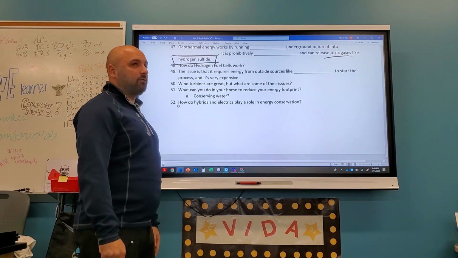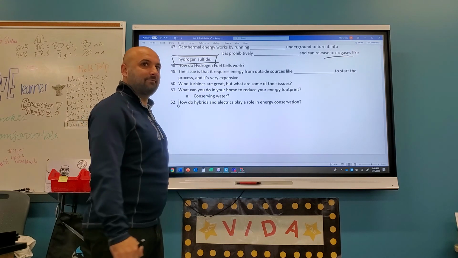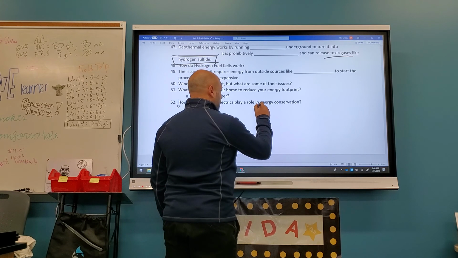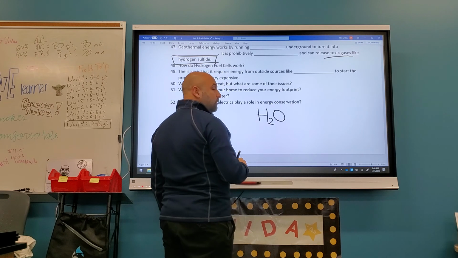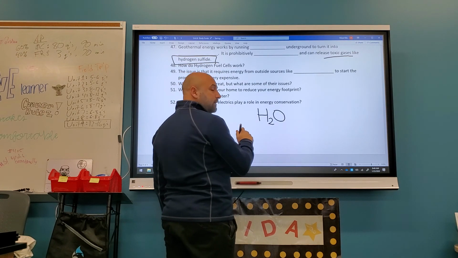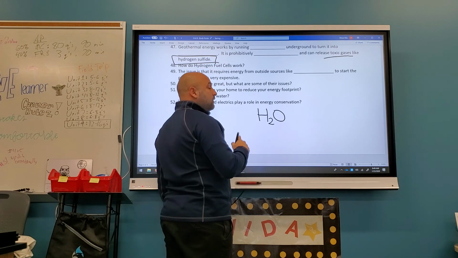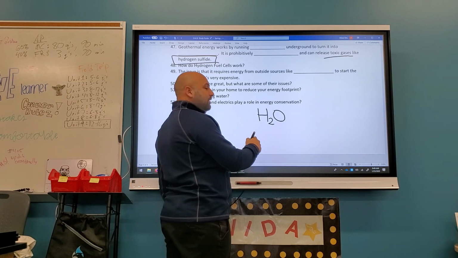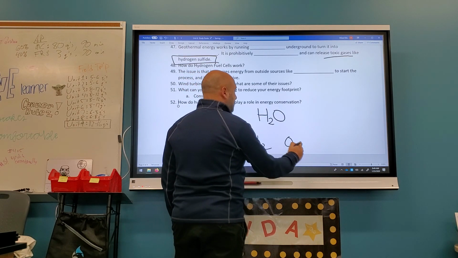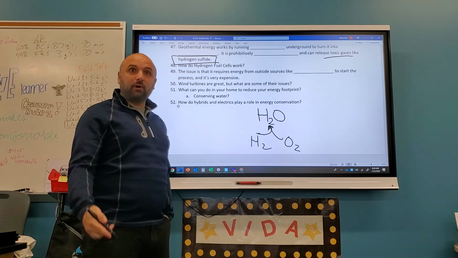How do hydrogen fuel cells work? They have hydrogen and oxygen. Does it make water or take water? It makes water. And what do you use as a fuel? You can use fossil fuels, right, to kick it off, but what do I need to make water? What two things make water? Hydrogen and oxygen. In your fuel cell, you combine them to form H2O. But the problem is getting them to